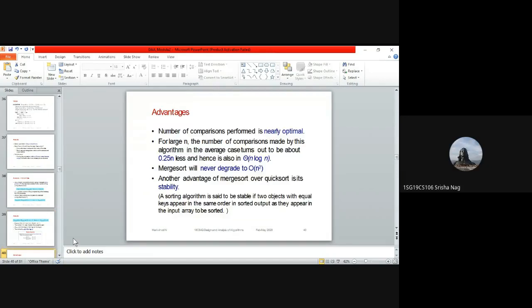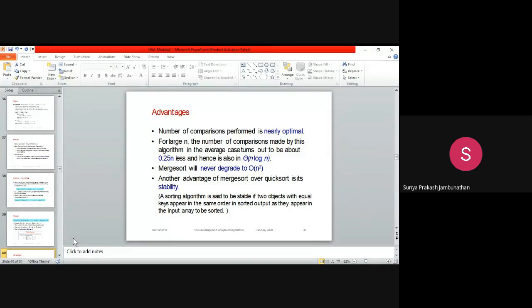Yes, sir. Finally, let us go for the comparison of advantages in this merge sort algorithm. The number of comparisons is very optimal. When you go for sequential comparison, comparing the values one by one while sorting, it will take a long time.